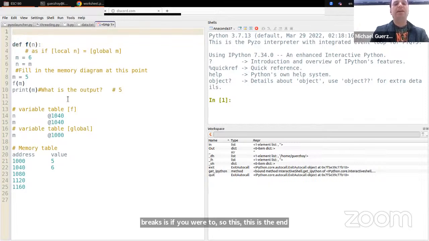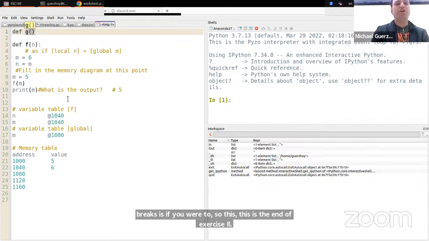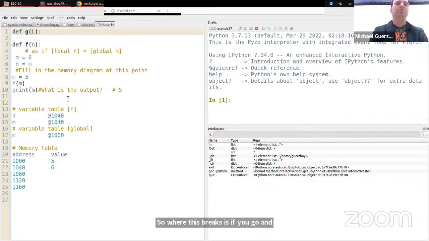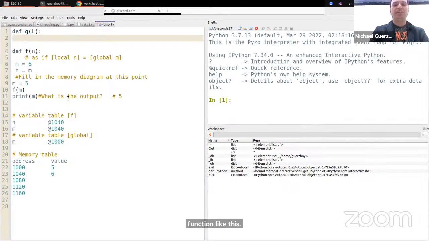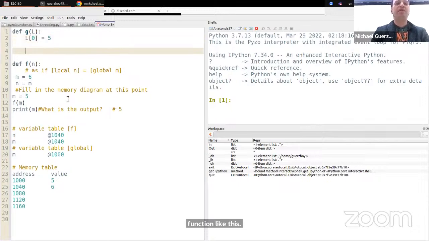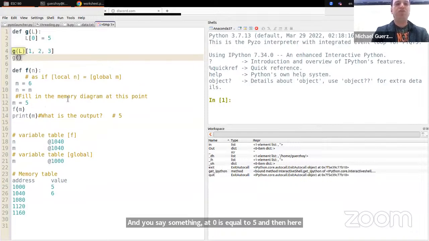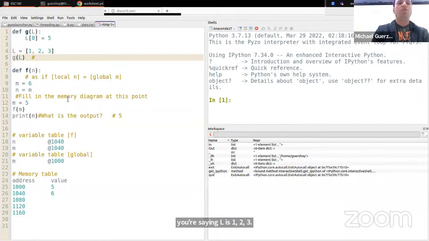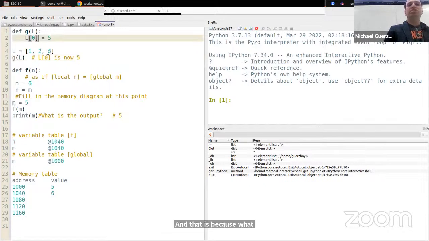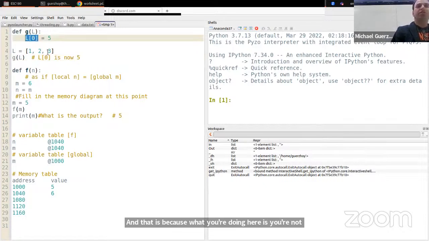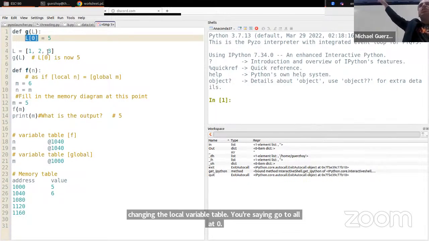Where this breaks is if you have a function like this, and you say L at 0 is equal to 5, and then here you're saying L is 1, 2, 3, and then you're saying G of L. Over here, it would be true that L at 0 is now 5. And that is because what you're doing here is you're not changing the local variable table. You're saying go to L at 0,